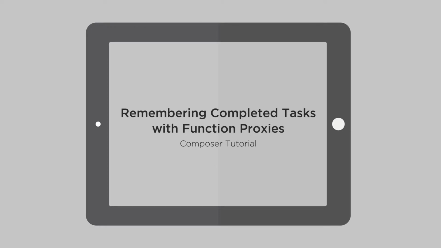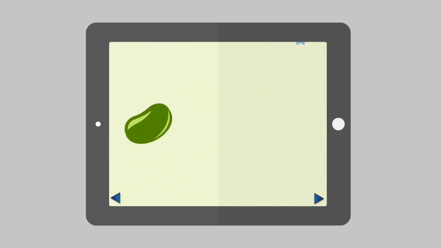My name is Brenna, and in this tutorial I will be taking you through how to give your book the ability to remember completed tasks by using function proxies. This is great for creating interactive games with Composer. For example, if the user collects something on one page, the book will know it was collected and show something